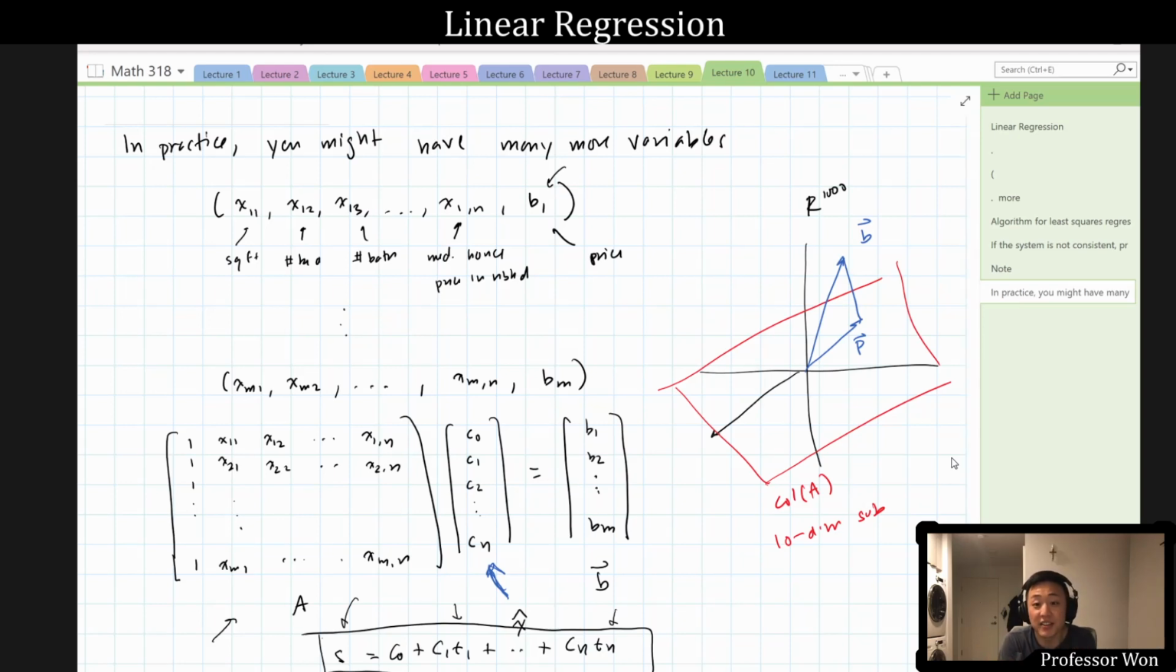It's much easier to generalize because we have this really good geometric understanding of what linear regression is, which is: you are presented with some inconsistent system. You just project the vector b onto the column space of the matrix so that it is consistent. You solve that, and those give you the parameters that you're looking for. Okay, so